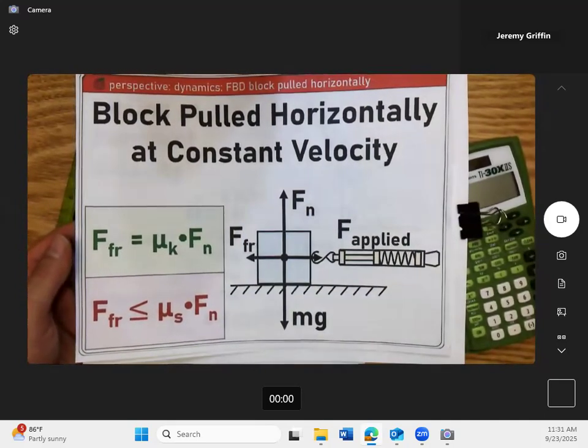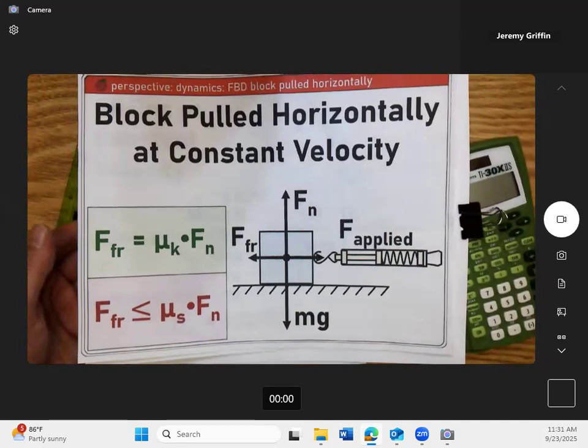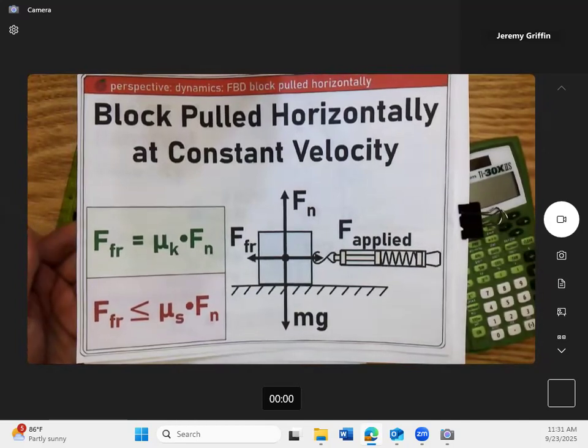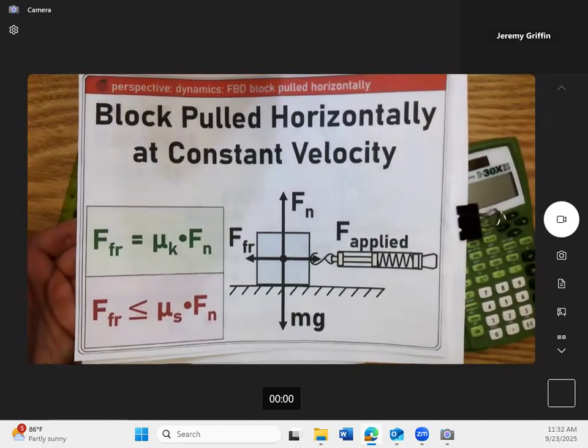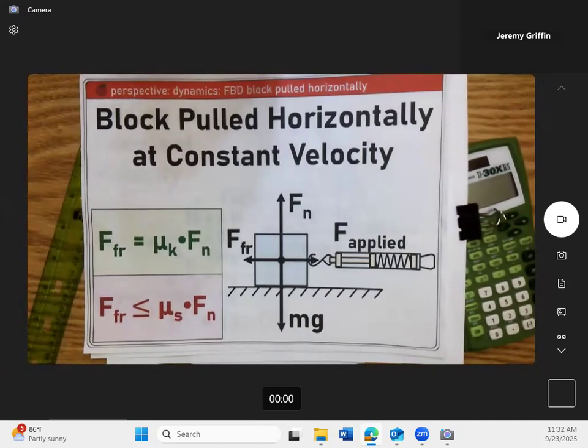Guys, why is constant velocity important? What do you know? Yeah. Is that the net force is zero? The net force is zero. Yeah. And if the net force is zero, you might have a lot of individual forces. In this case, I'm looking at four on this free body diagram. But they all zero out, which means that the pulling force equals the friction force and the weight equals